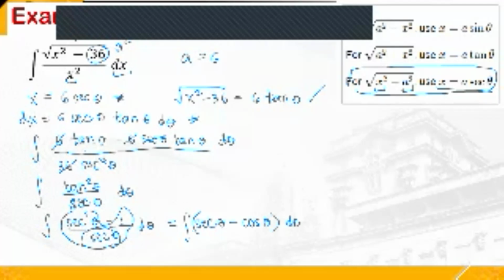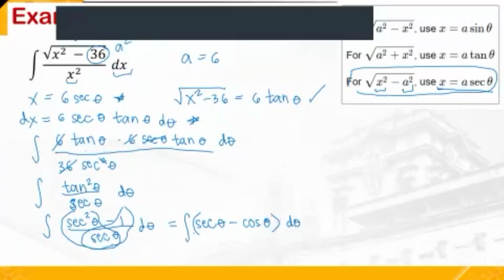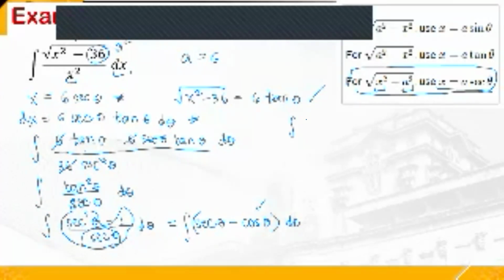Yan. So, yung ating formula for secant theta, paano na yan? Secant theta, paano natin siya ma-obtain? Actually, pwede tayong gumamit ng manipulation dun sa secant theta. So, kasi we don't have a problem with the integral of cosine, no? Pero yung integral ng secant, we don't have a formula for that yet. Kung sakali na-encounter nyo na ito sa mga previous na exercises, that's very good. And if you still remember the formula, why not? Pero if you have forgotten what's this, or if you are to recall paano ginagawa yung integral ng secant theta,